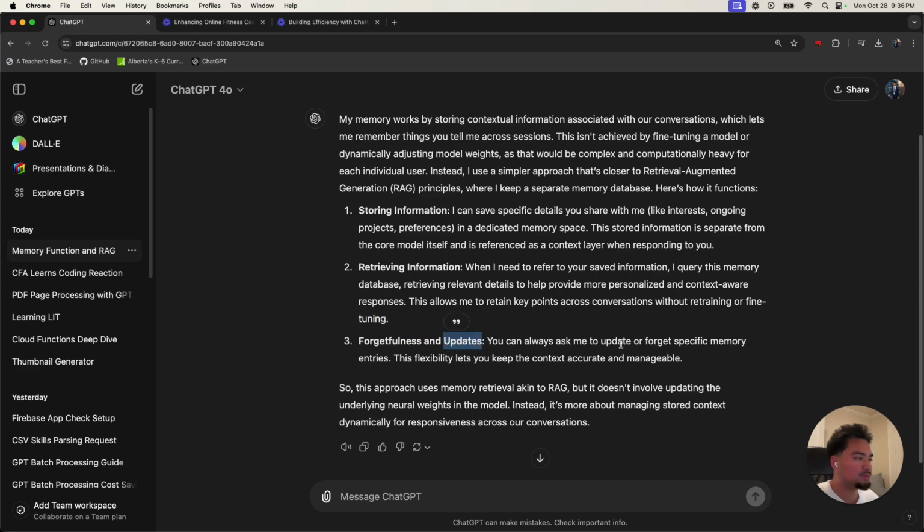Forgetfulness. You can always ask me to update or forget specific memory entries. Looks like you might have to do that, Cedric, because you're maxed out on the memory. But this flexibility lets you keep the context accurate and manageable. So this approach uses memory retrieval akin to RAG, but it doesn't involve updating the underlying network weights in the model. So yeah,